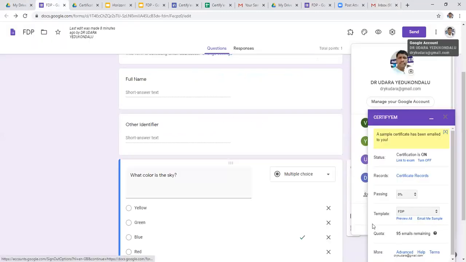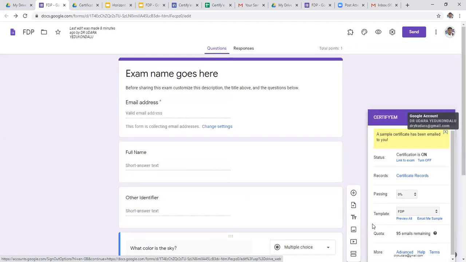Like that, we can edit the available default certificates and insert whatever text we want. Then we can generate the certificate. Up to now, if we have any doubts, we can ask. Participants, if you are having any doubts, raise your hand, or you can unmute your microphone and ask. Or else you can write in the chat box also.